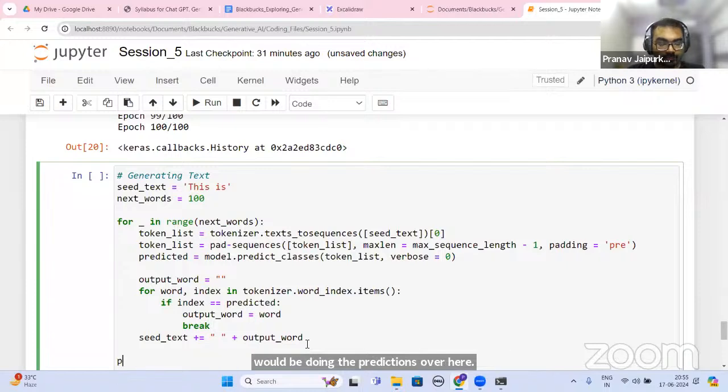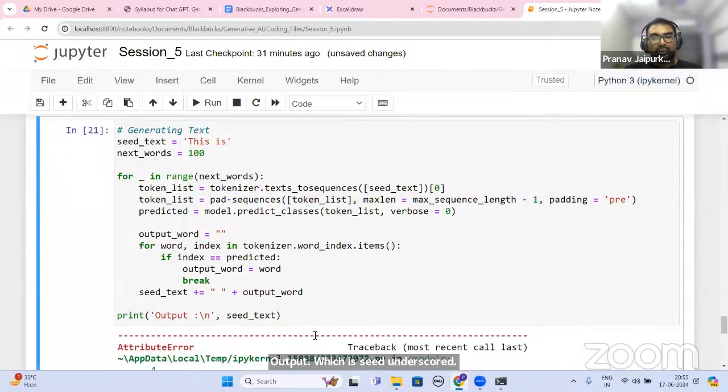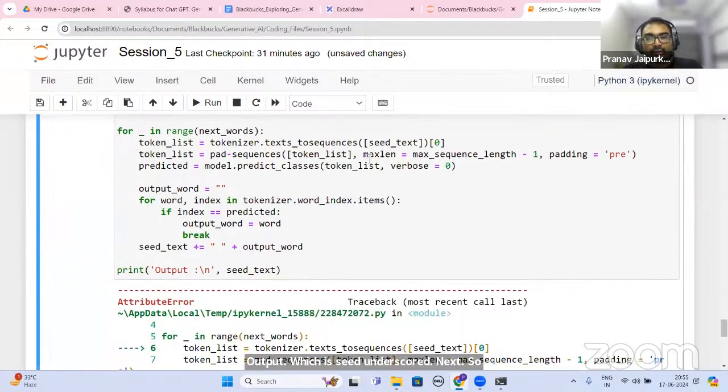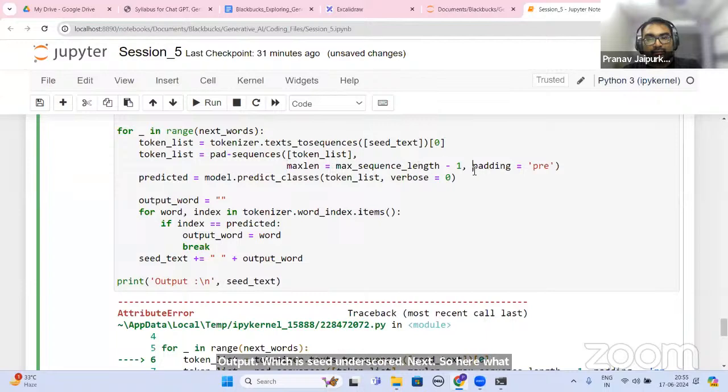And then print the output, which is seed_text. So here, what will happen is, just 1 minute.